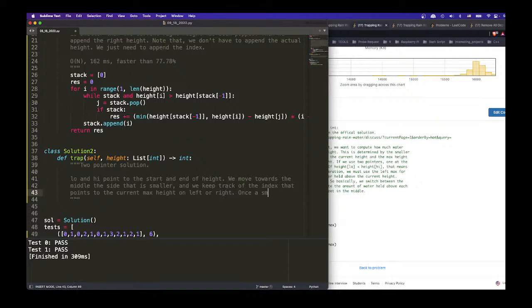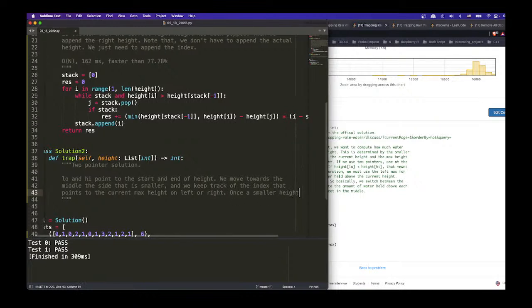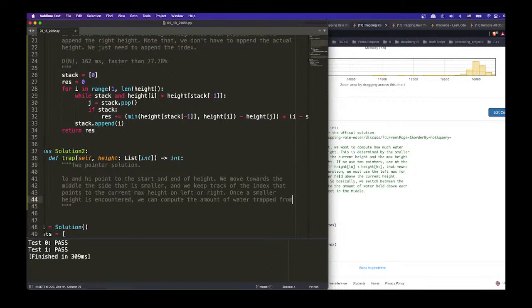Once a smaller height is encountered, we can compute the amount of water captured, trapped. Now